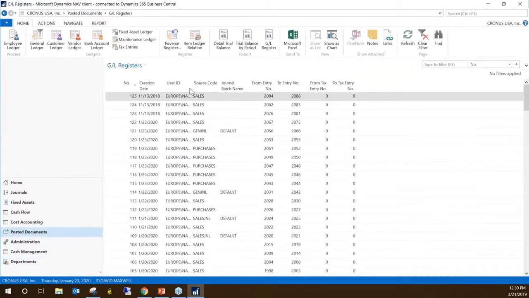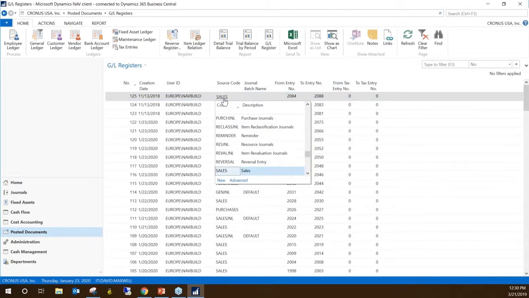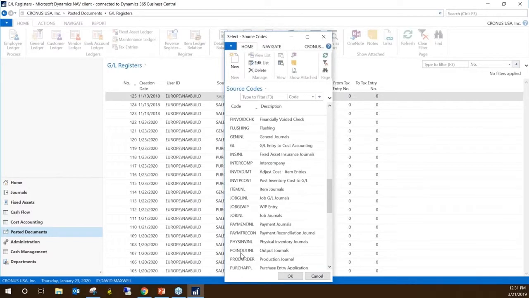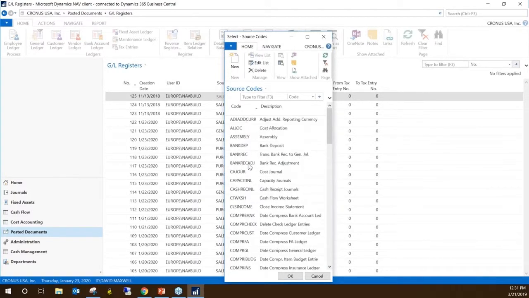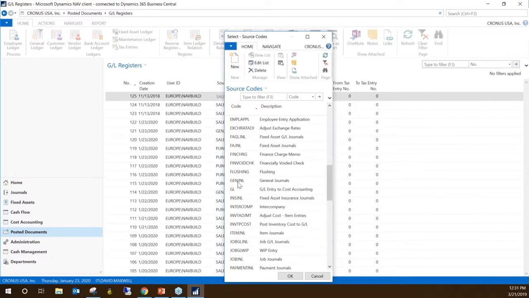So those first 3 records are right here, and we see the source code is sales. I'm going to drill into the sales just to show you that there are a whole lot of other source codes. These source codes represent the posting activity from where something ended up being posted. Select advanced so you can see the full amount of possible sources of posting. A lot of these you'd hardly ever use, but they're in here to stamp the GL entries with the activity. Some of the more common ones would be the general journal,